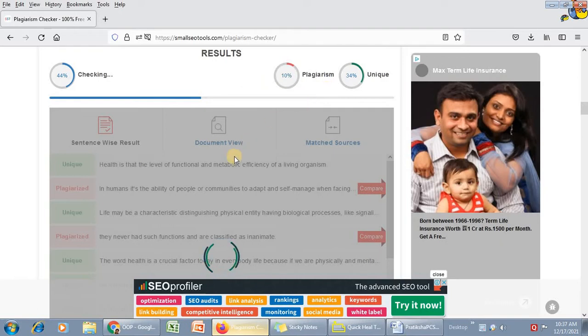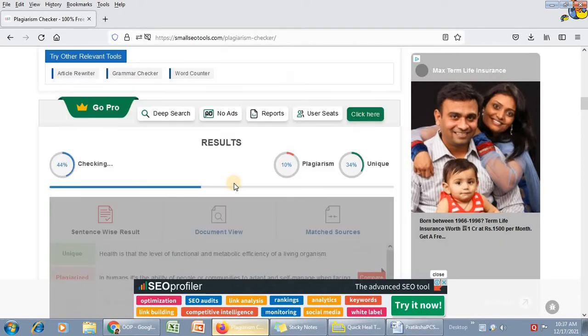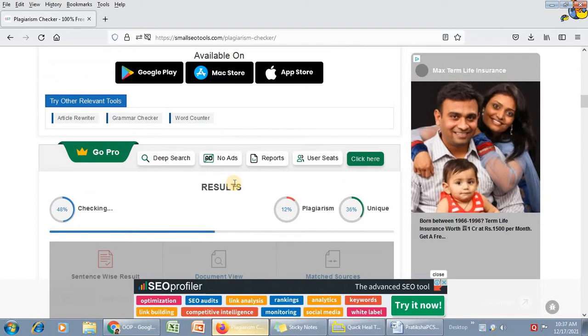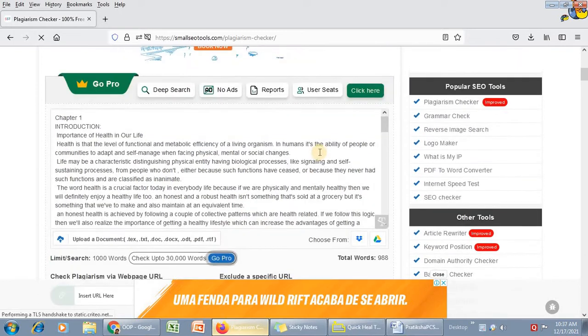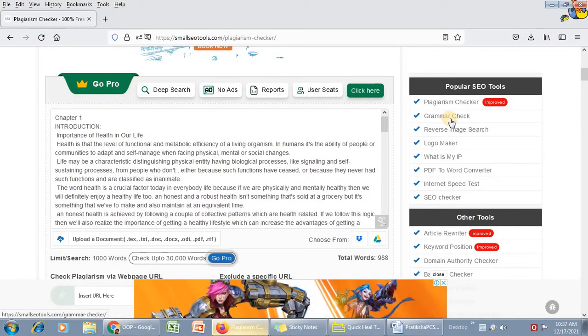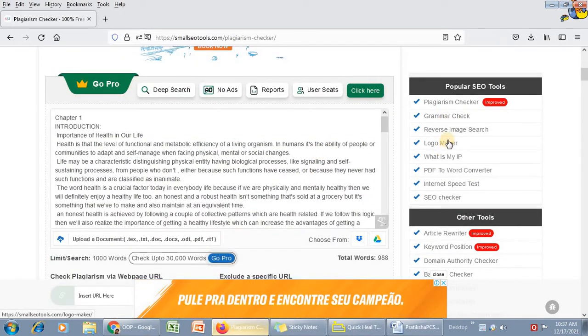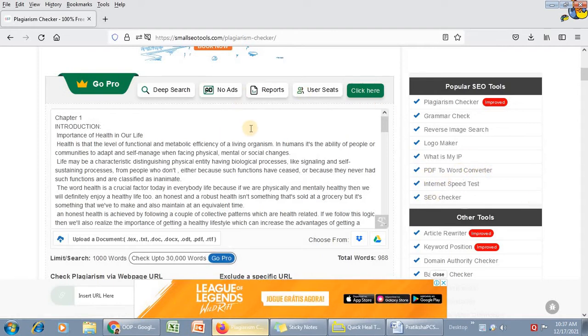In the meantime, we can check what other features Small SEO Tools offers. 48% checking has been completed. Here we can see plagiarism check, grammar check, logo maker, PDF to Word converter, and an SEO checker are also available.